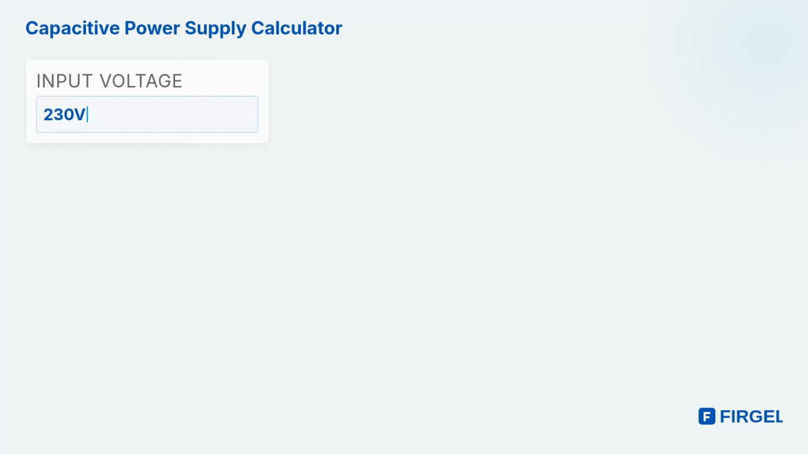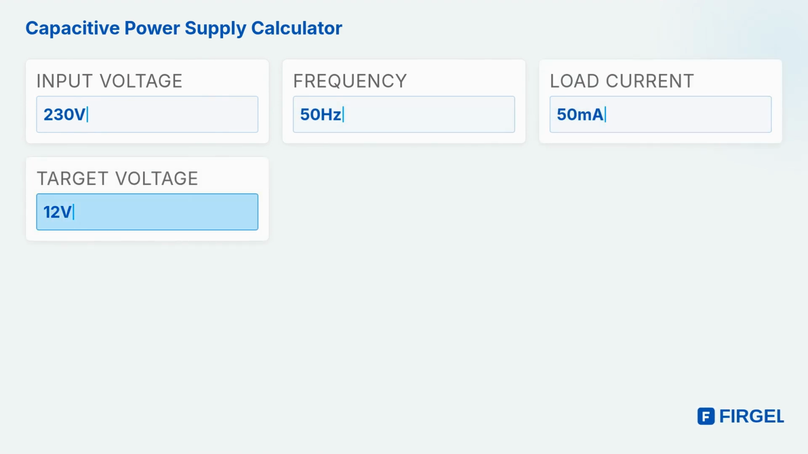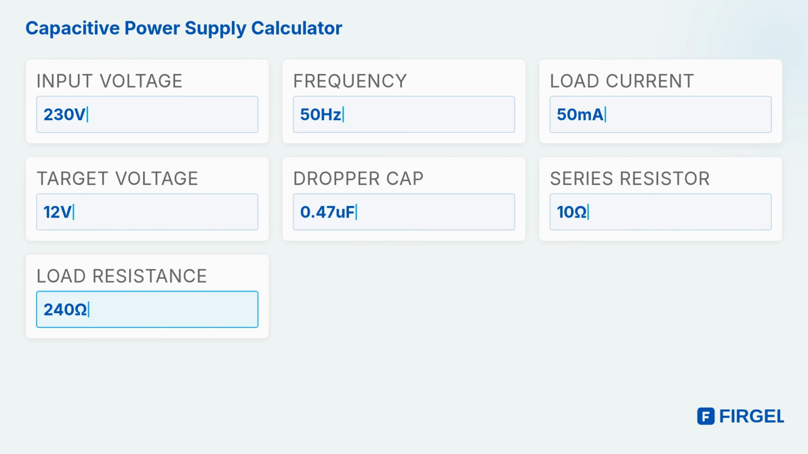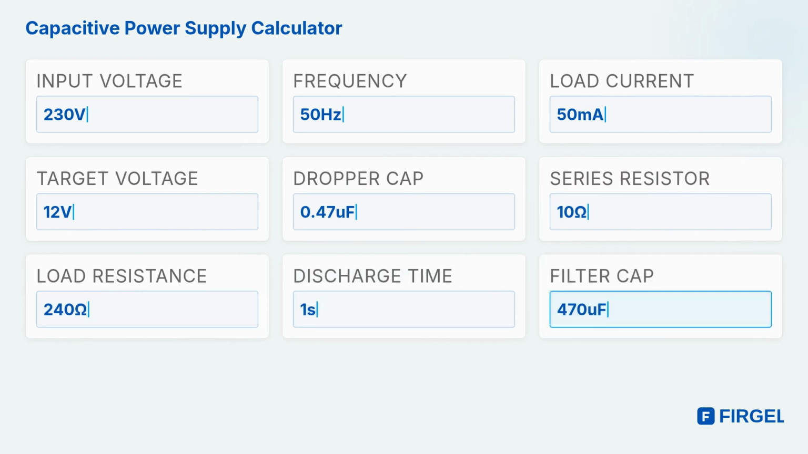in microfarads. For our example, I've entered 230 volts AC, 50 Hz frequency, 50 milliamps load current, 12 volts DC target, 0.47 microfarads dropper capacitor, 10 ohms series resistor, 240 ohms load resistance, 1 second discharge time, and 470 microfarads